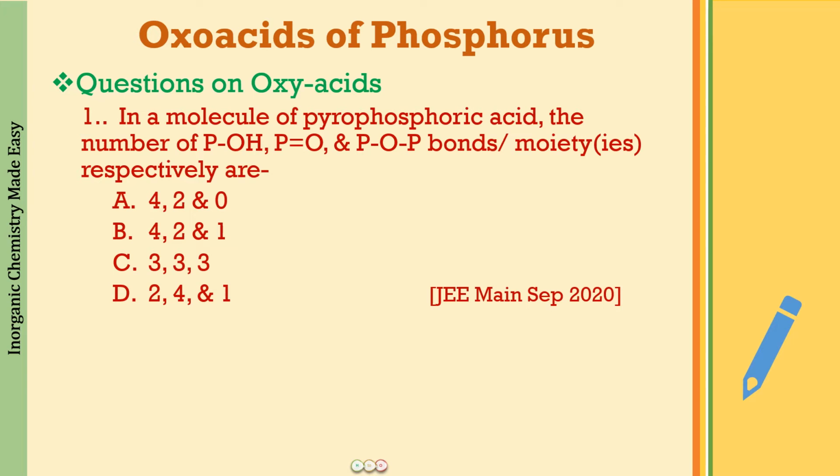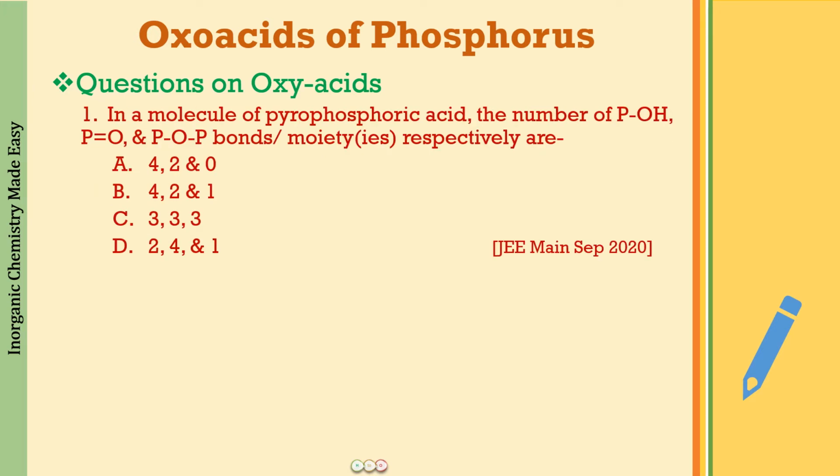So I would suggest you first of all try the question, find out what is going to be your choice, and then look at the solution. So now if you have done that, let us see what is going to be the answer. I do not know what your answer is, but the correct answer is choice B. And all of those who have attempted it correctly, good guys, you have scored 4 marks. And for those who haven't, well, this was not your JEE Mains examination. So you still have time to learn the concepts and master them and score good marks. That is what we are doing here, right?